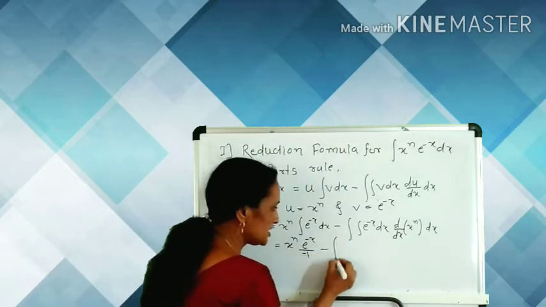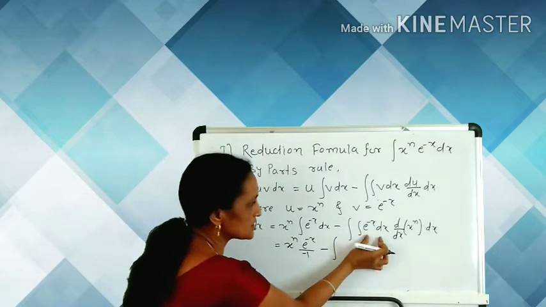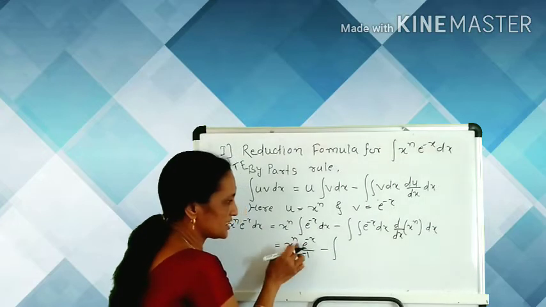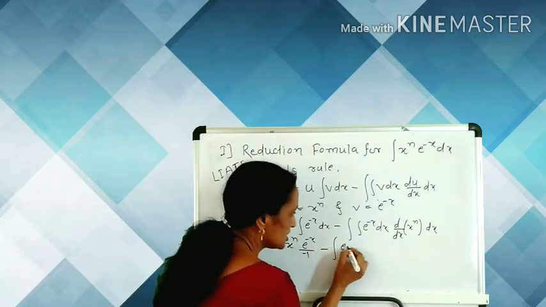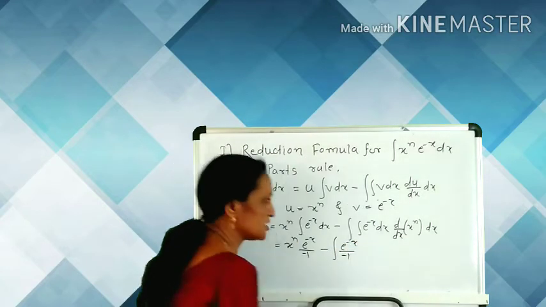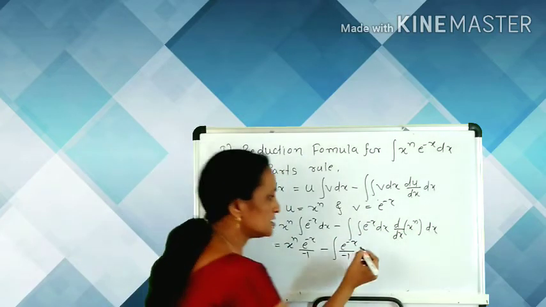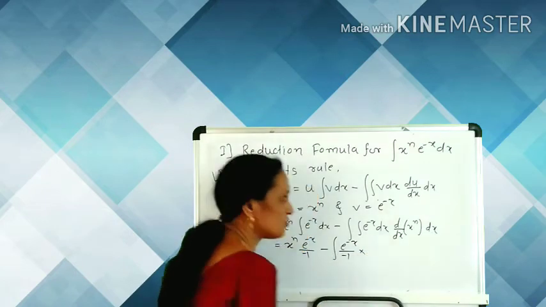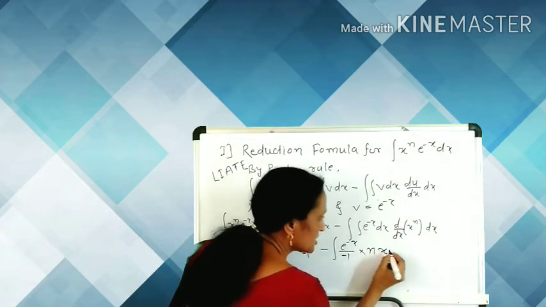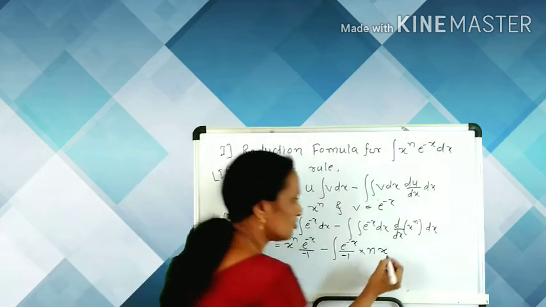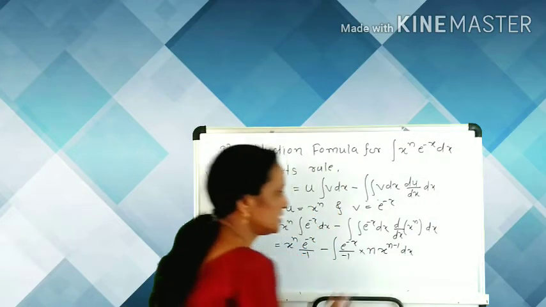Now minus integration of the integration minus x dx means this term is present in this case, and the value of the integration e raised to minus x dx is nothing but e raised to minus x divided by minus 1, multiplied by the derivative of x raised to the n. This is the standard formula in the derivative, so we write the power is multiplied and x raised to the power 1, so x raised to the n minus 1 multiplied by dx.